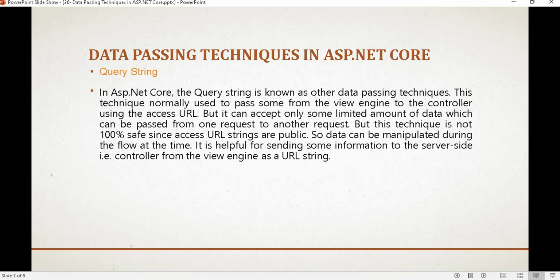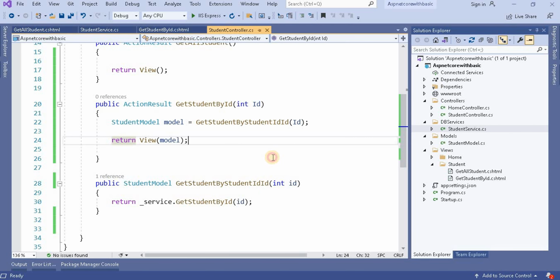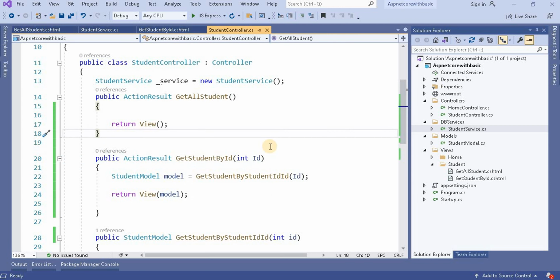Let's start, one by one, implementing all these in an ASP.NET Core application. First is the ViewBag. For example, if I'm going to implement ViewBag, in this ViewBag we have to attach one property, and you can give any name, like StudentName. This ViewBag we will use on the view side.